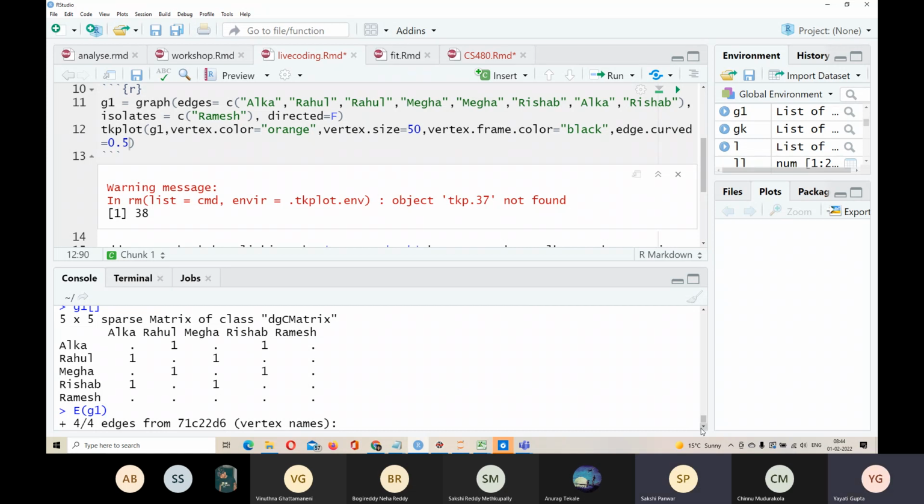Ma'am, because it's not memory efficient, I guess. It's not memory efficient, correct? Right. So here also it shows that it is a sparse matrix. So you'll have a lot of zeros here in this matrix, and we are wasting a lot of unnecessary space there. So therefore come two more representations: one is the adjacency list and the other is the edge list.